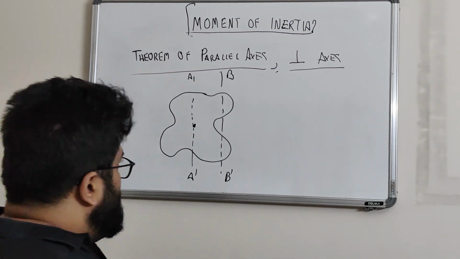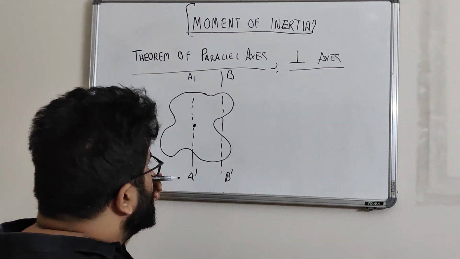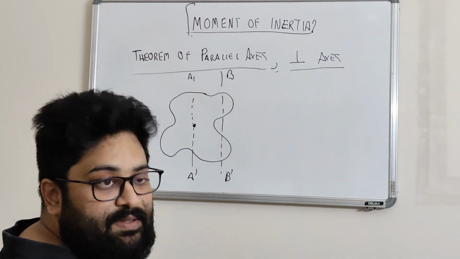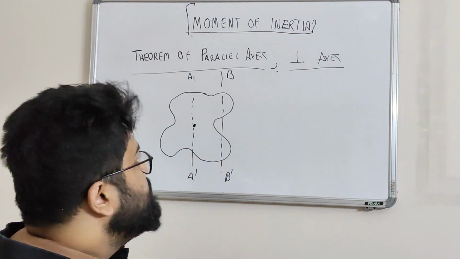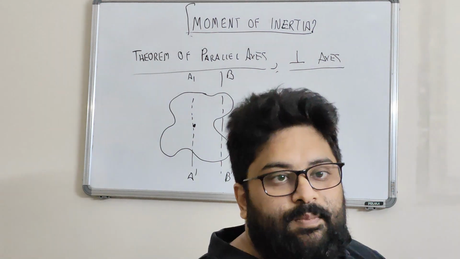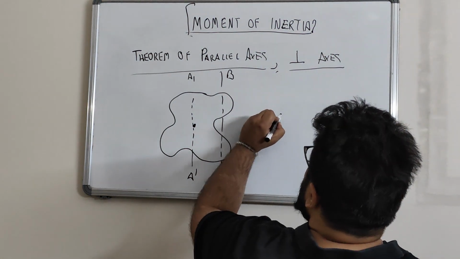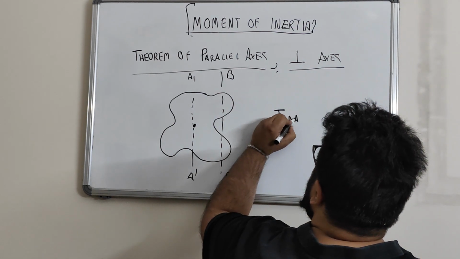Okay. So what this theorem states is that if we have the moment of inertia for this axis of rotation through the center of mass, then the moment of inertia for the parallel axis becomes equal to the moment of inertia for A dash,